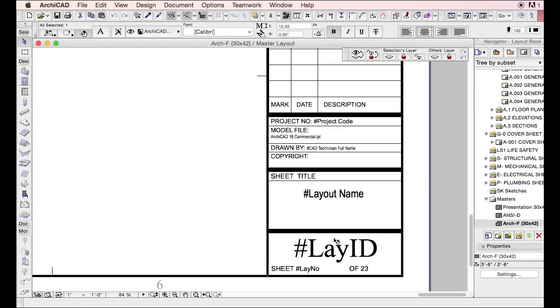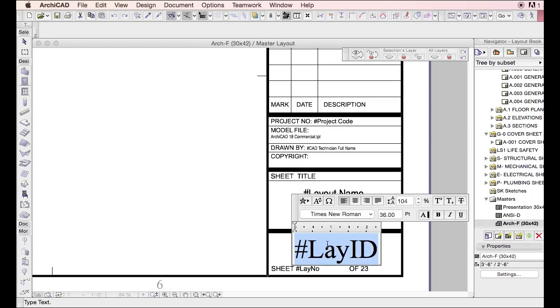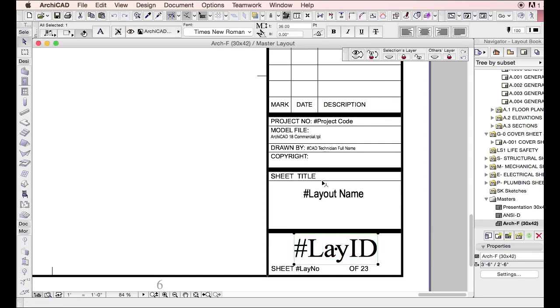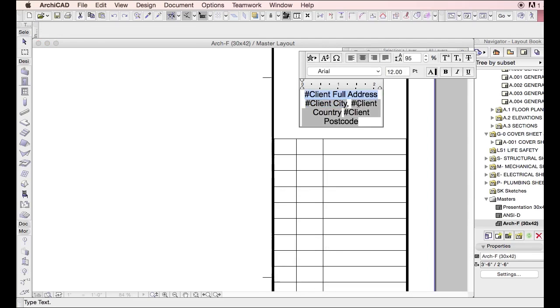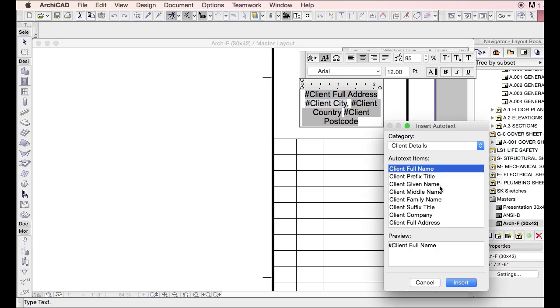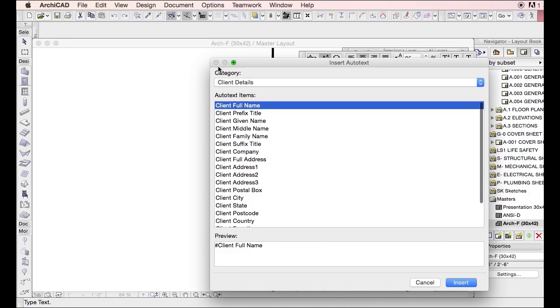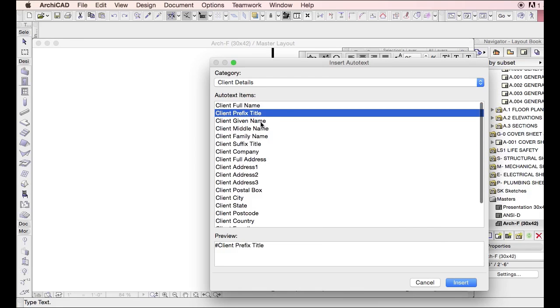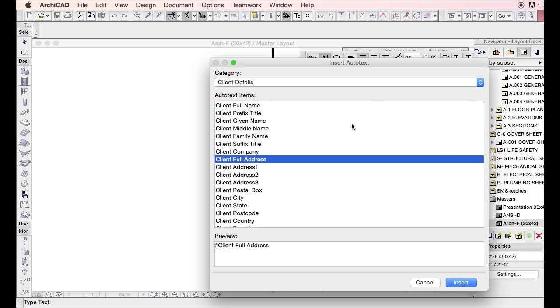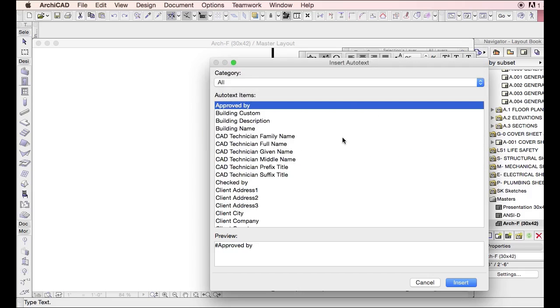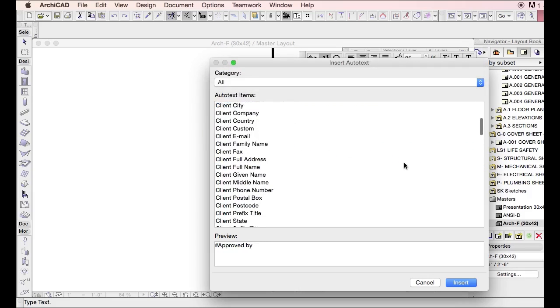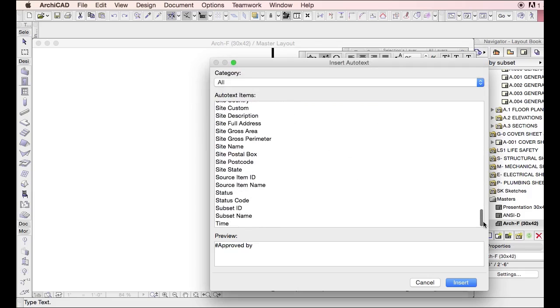And on this master layout sheet, you do have some automatic titles. These are all automatic titles here. You can see because they're highlighted and you can't adjust the text. And if you wanted to have your own variations of those titles within here, you can go through here and see that these are all the automatic titles that can be associated with the project. So you have different information that can be associated with it, and will give you a lot more parametric kind